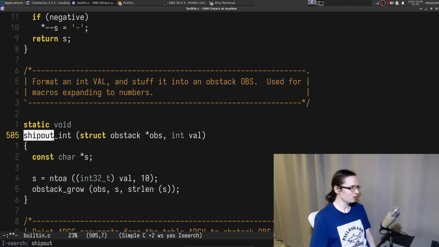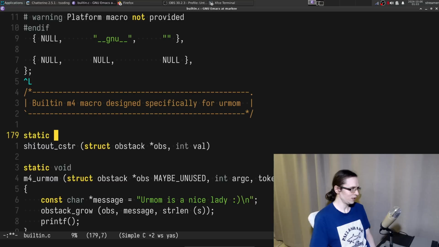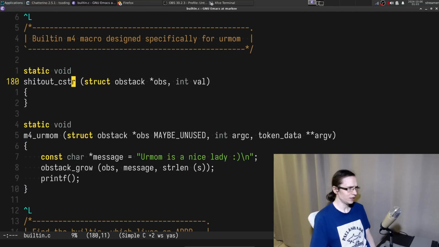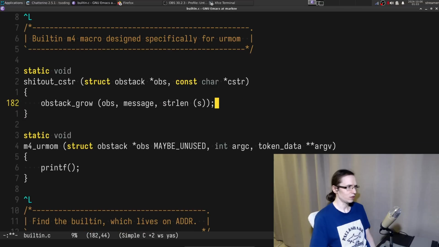Okay, so we just accept these kind of things. Let's write ship out string, static void, and here we're going to accept const char string. I'm pretty sure there was already something like that, but I don't know, man. So this is the string.